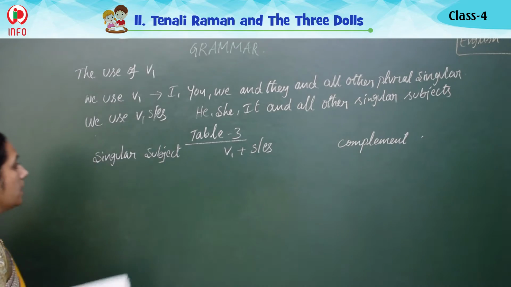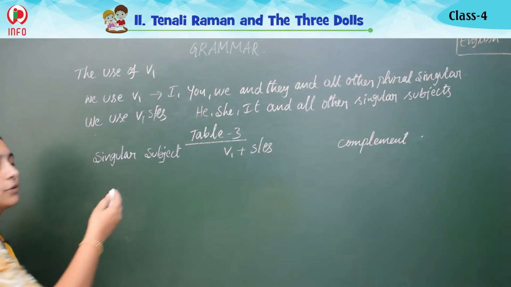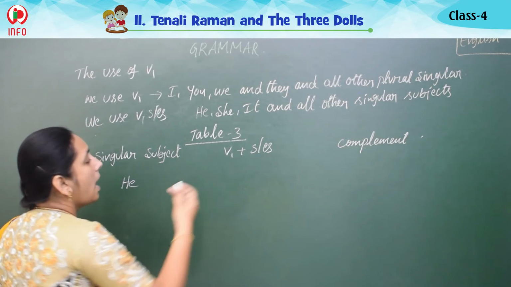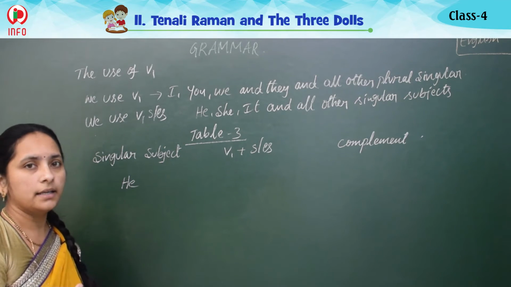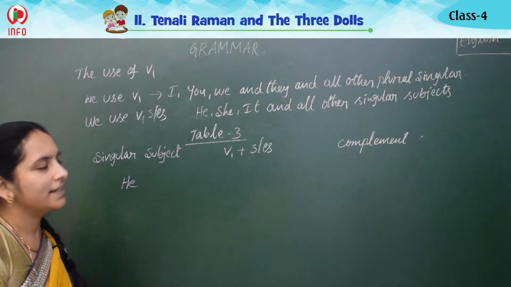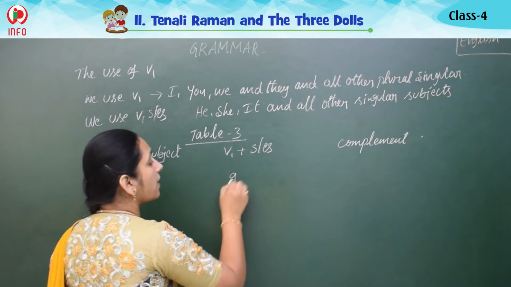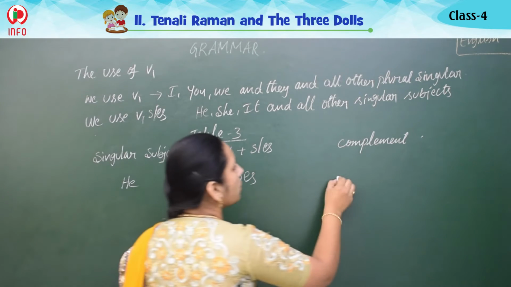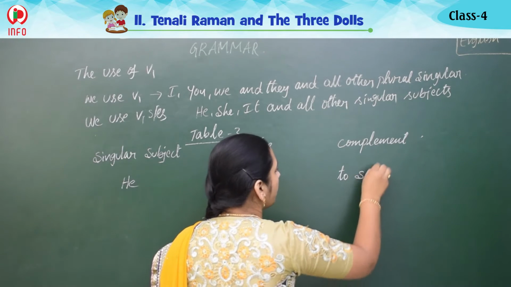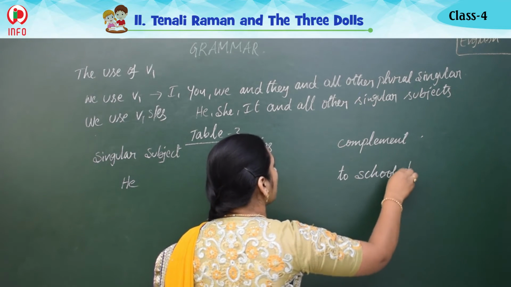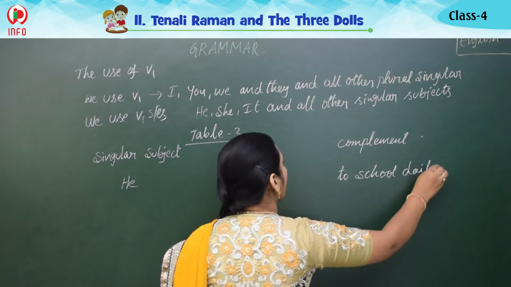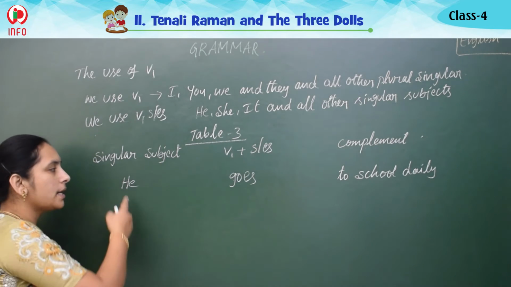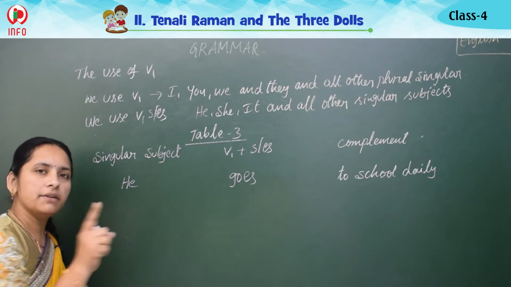So what have you written? I, we, you have the same sentence, you take it. Here, he. I go to school daily. So she goes to school. He goes. So for "go" we should add ES. So she goes to school daily. V1 S/ES we should write. So if we get a singular subject, then the verb takes the S/ES form. If we get a plural subject, then we should write only the V1 form.